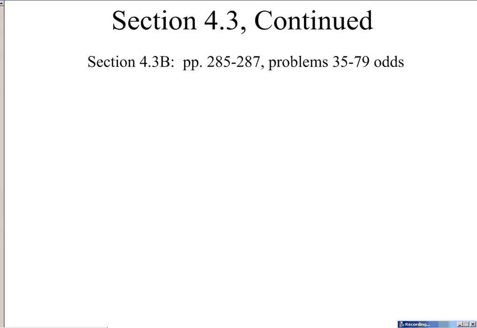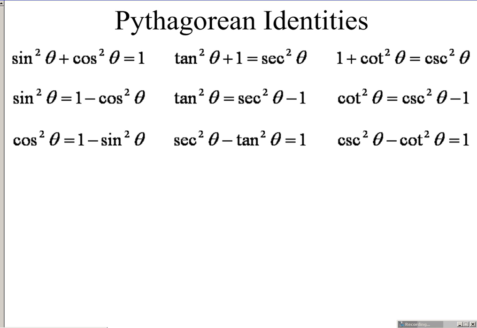Section 4.3b. Next group of identities are the Pythagorean identities. All of these identities are based on knowing this identity here. If you know that sine squared plus cosine squared equals 1, you should be able to get each of the